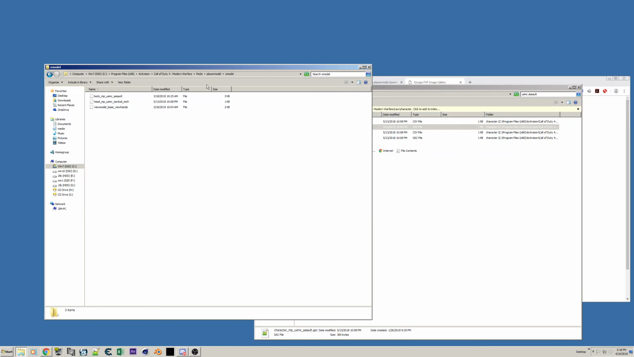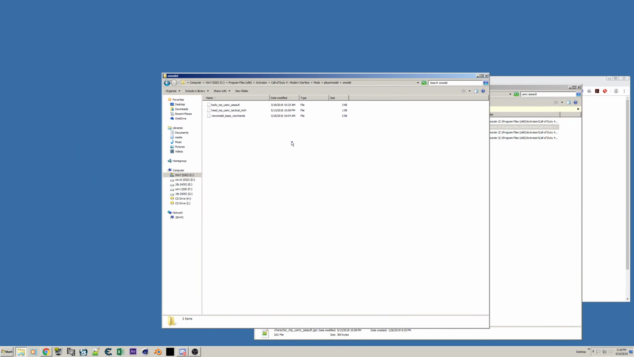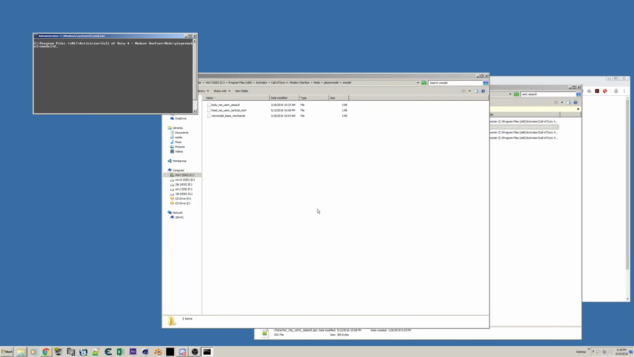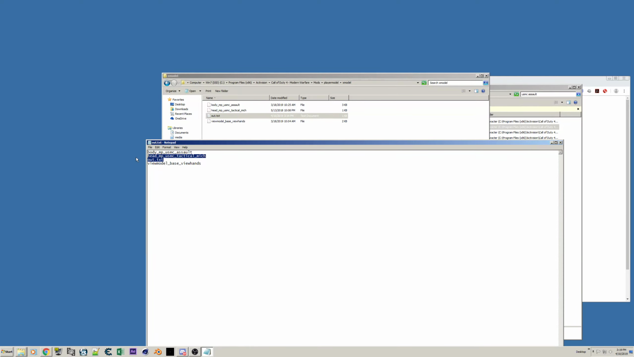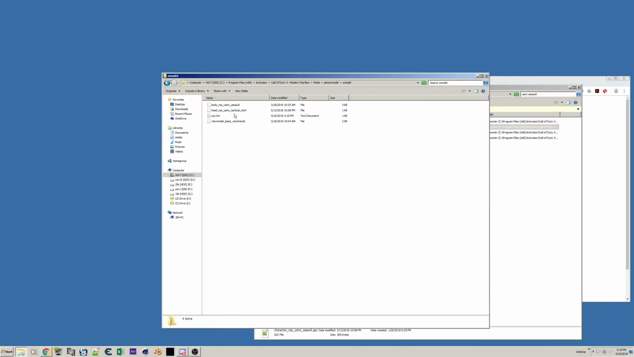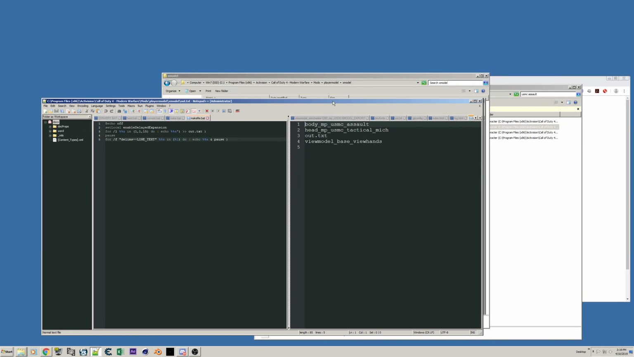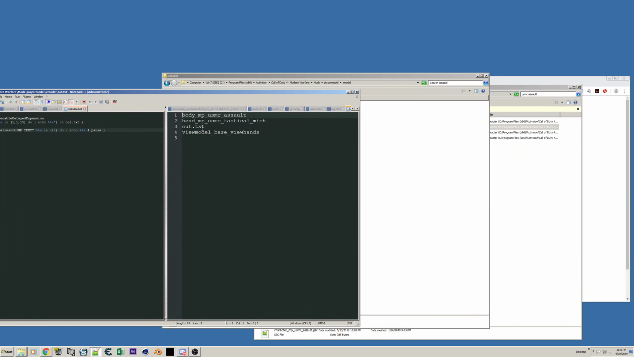One thing that could be useful if you have a lot of files in your XModel folder and you want to list them all, you can open a command prompt window. You can type dir /b and then out.txt. Hope that works. So this has everything in there. Best if we open this with Notepad++, and let's see, yeah. So all we need to do is add